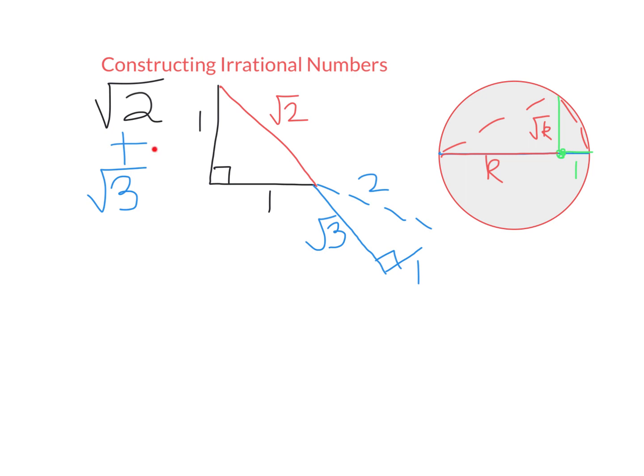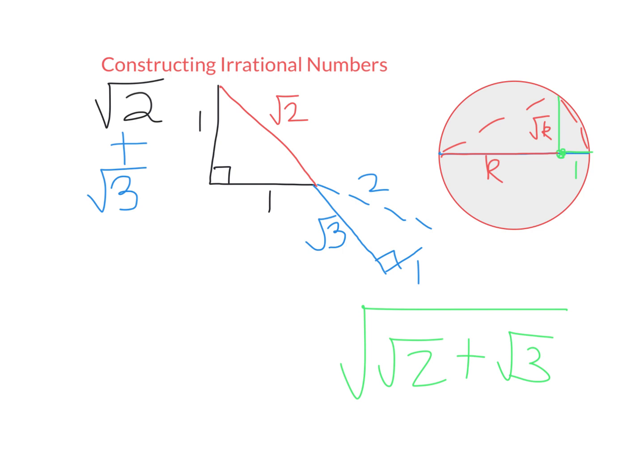So of course, because we can create a line segment whose length is root 2 plus root 3, we can also create another line segment whose length is the square root of root 2 plus root 3. We can just use this as the diameter of our circle, the value of k, extend it by 1. We create a circle with that diameter. So if k was root 2 plus root 3, this would be the square root of root 2 plus root 3. So hopefully you're getting an idea now for why constructible numbers include all the rationals, but also really anything involving